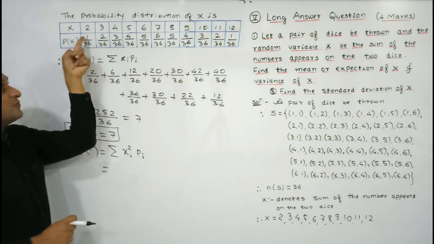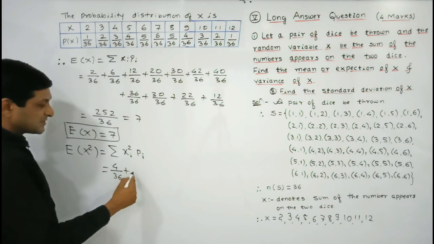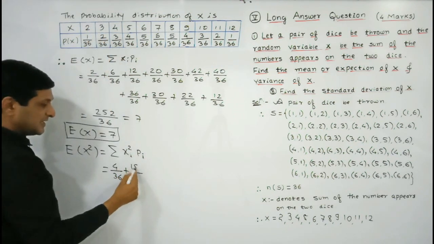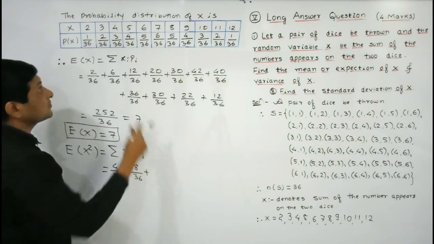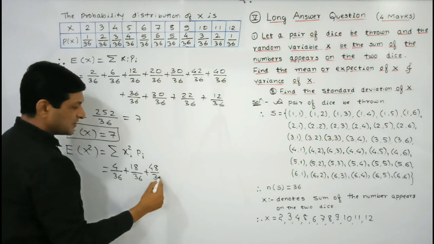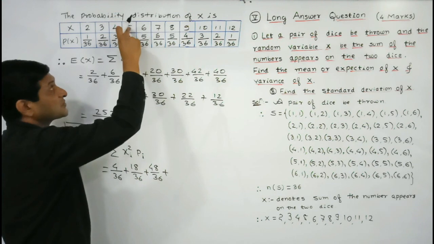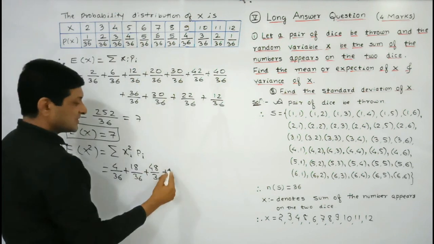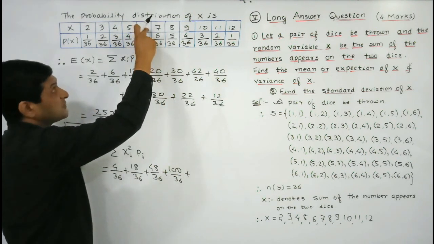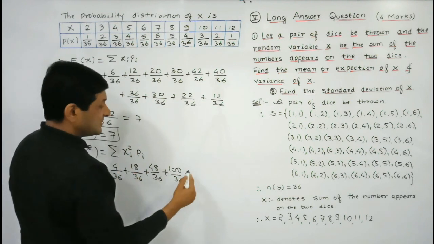2 का स्क्वायर 4, 4 into 1/36 will be equal to 4/36 plus, continuing this way, square of 3 is 9, 9 into 2 is 18, 18/36 plus square of 4 is 16, 16 3s are 48, 48/36 plus square of 5 is 25, 25 4s are 100, 100/36 plus square of 6 is 36, 36 5s are 180,